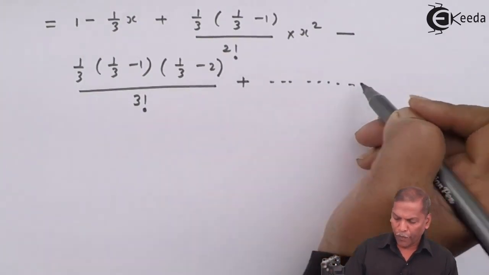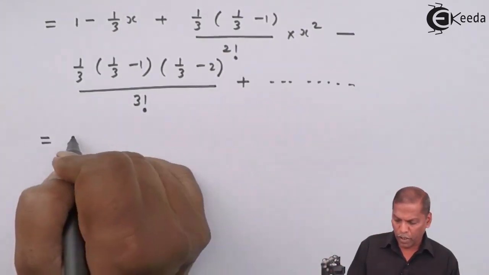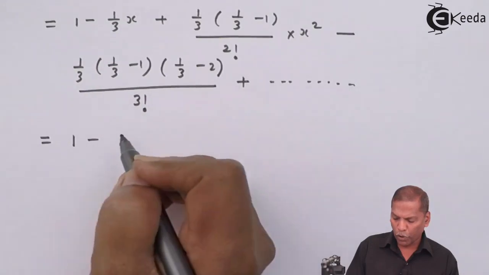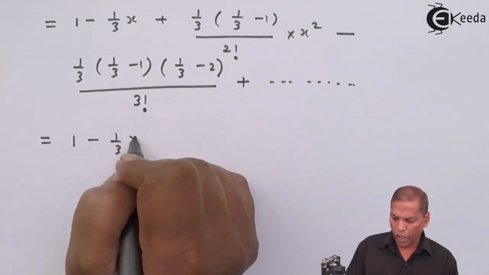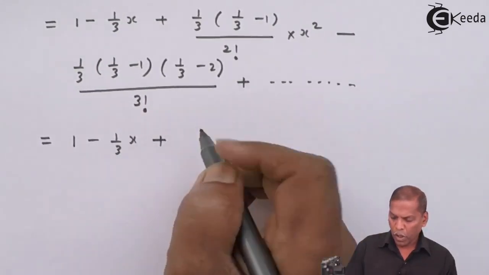So on simplifying further we get 1 minus 1 upon 3 into x plus, now 1 upon